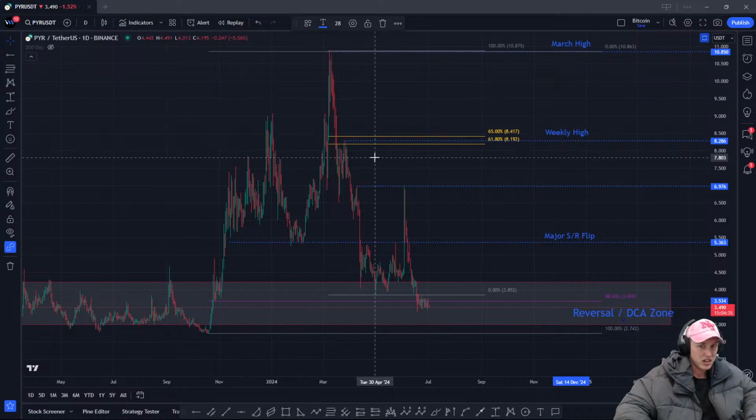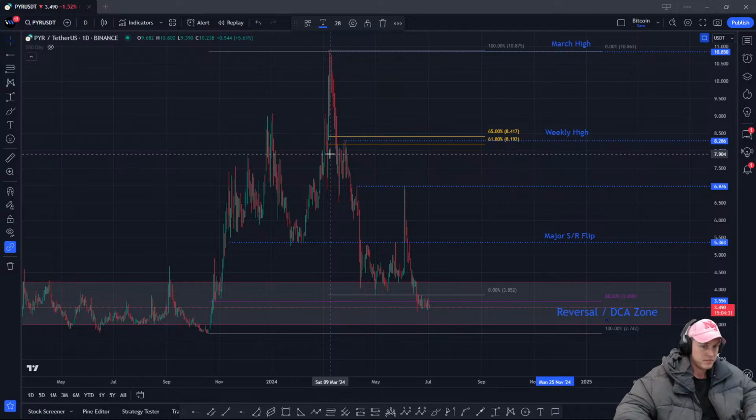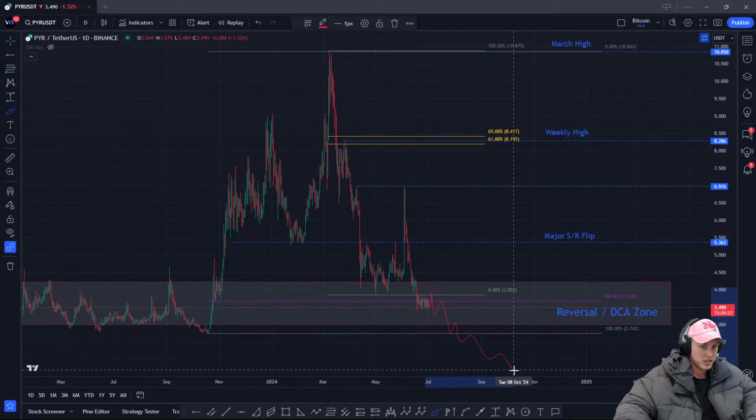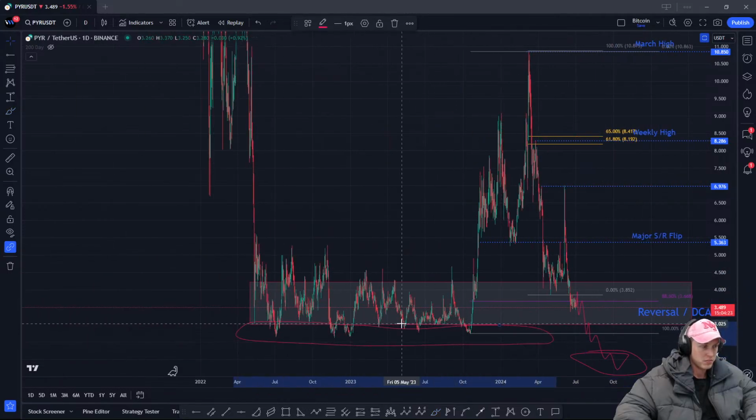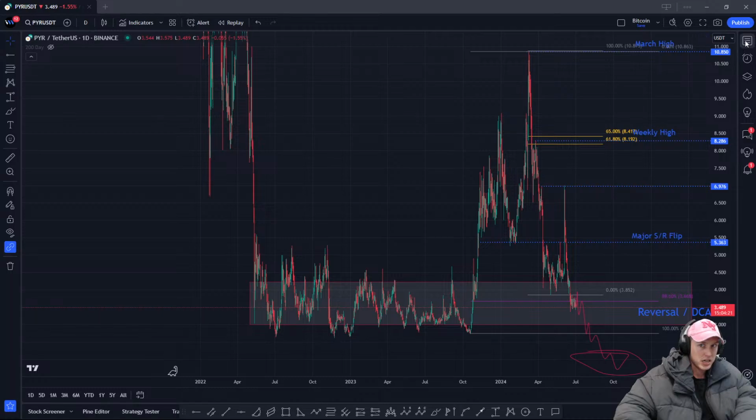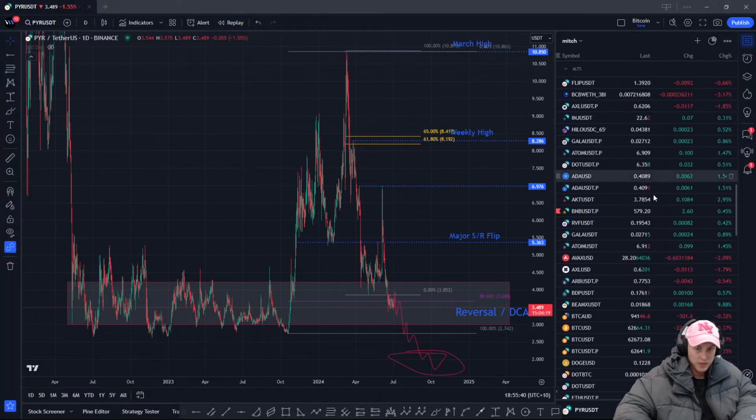So 886s are always good Fibonacci reversal points. Doesn't mean that it just reverses. If the market trades down, then we'll probably see PIR around $2, $2.60 where we bought in the bear market. And going back to Cadena, it's a very similar situation where